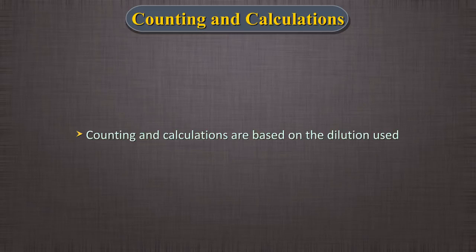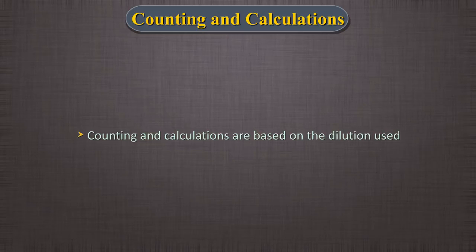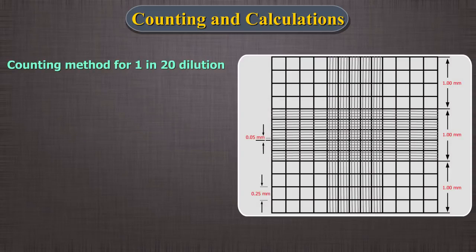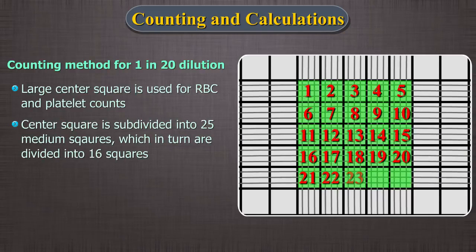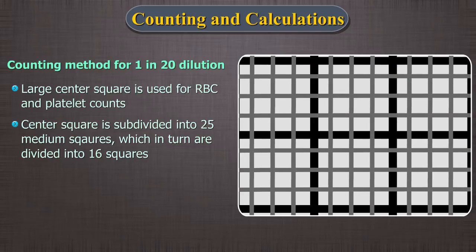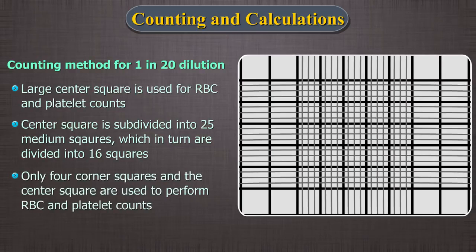Counting and calculations. Counting and calculations are based on the dilution used. A. Counting method for 1:20 dilution. When the dilution is 1:20, the larger center square is used for RBC and platelet counts. This area is subdivided into 25 medium squares, which in turn are each divided into 16 squares. Of these, usually 5 squares, the 4 corner squares and the center square, are used to perform RBC and platelet